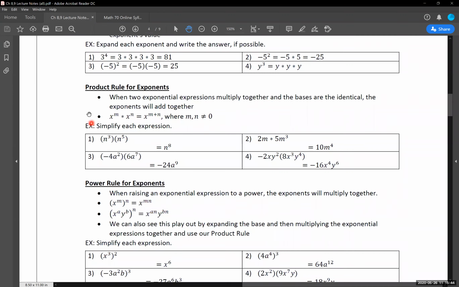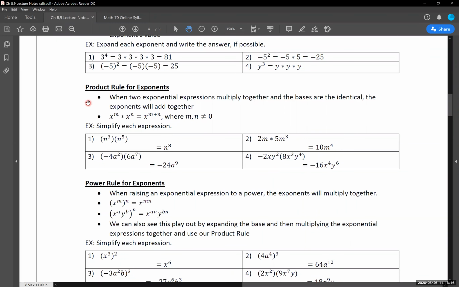So our general form of writing that out, just a general equation, we have x to the m times x to the n. The base of both exponents is the same, it's both x. And that means that when I'm going to simplify this down, I do not need to actually expand it like we did up here. I can just add the exponent values together. So my result will end up being x to the m plus n. And we are assuming m and n are non-zero numbers in this instance.